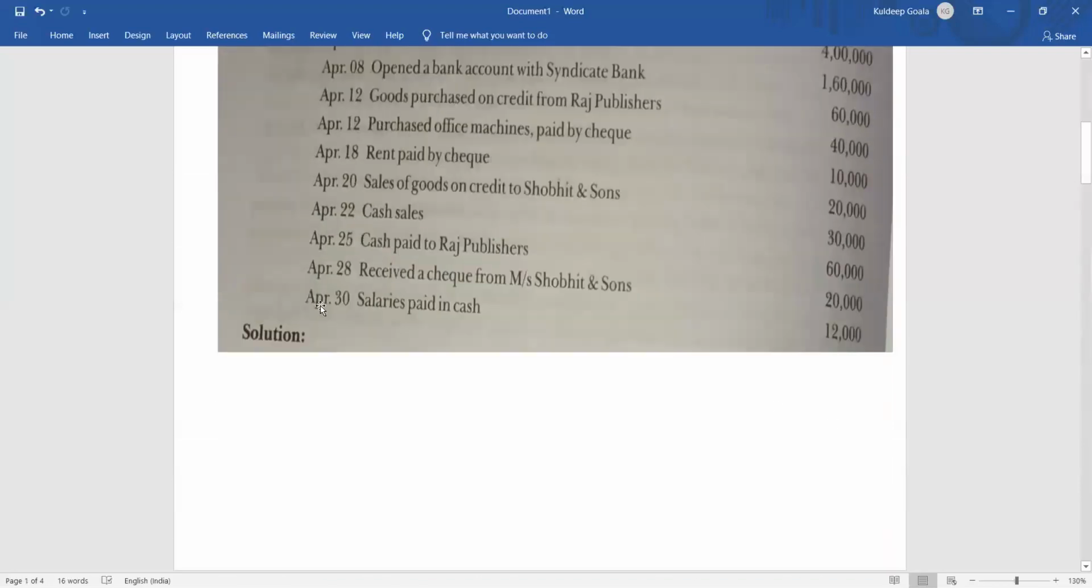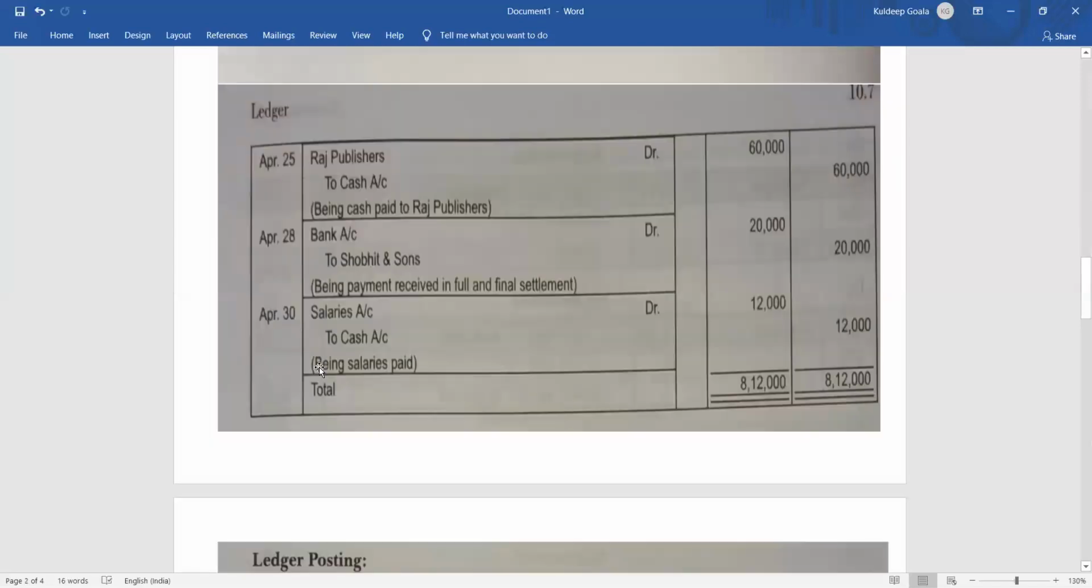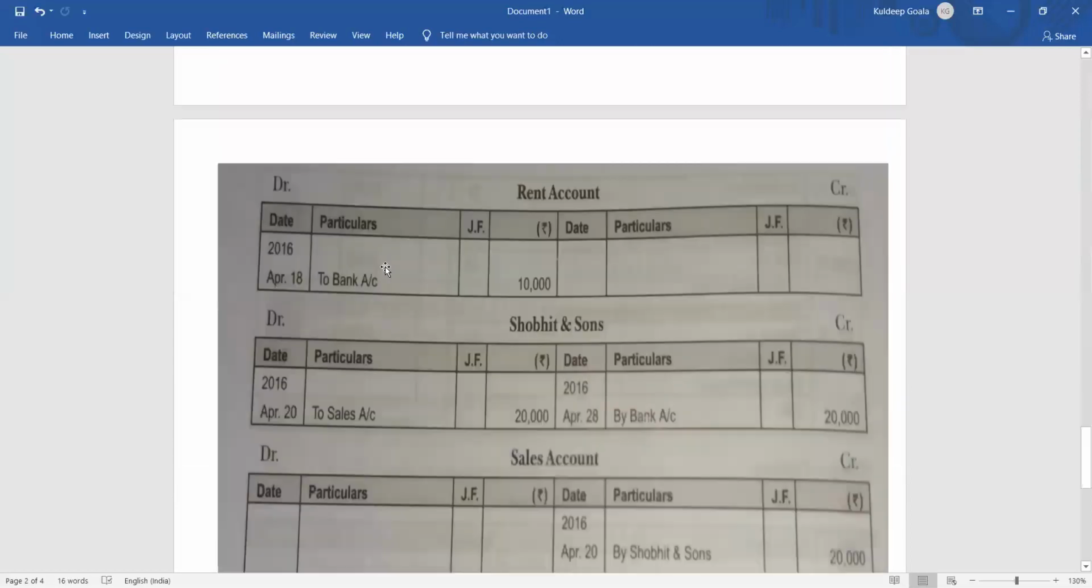transactions. What is the last transaction? Salary is paid in cash 12,000. So what will be the narration? Journal entry? Salary account debit to cash account. All of you know that salary account debit to cash account. So salary के debit side में जाके क्या लिखना है? To cash. So ये देखो,